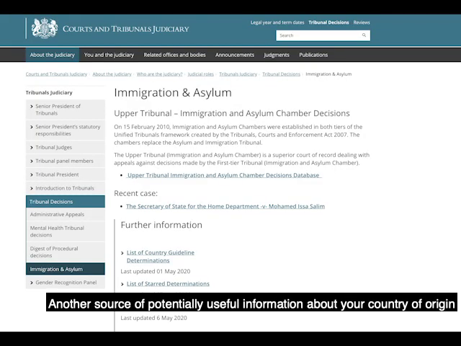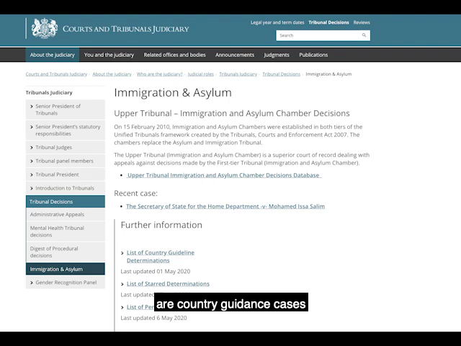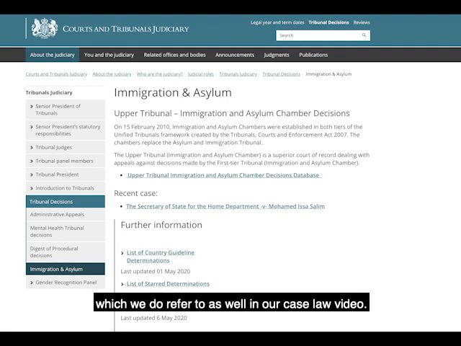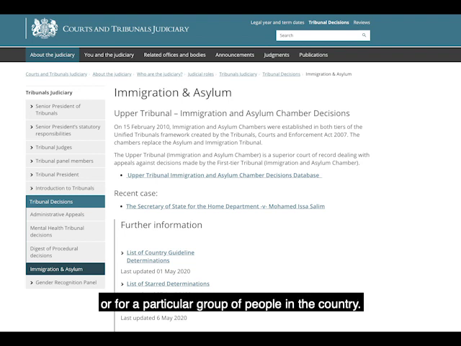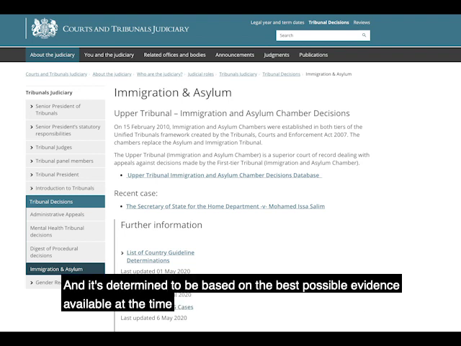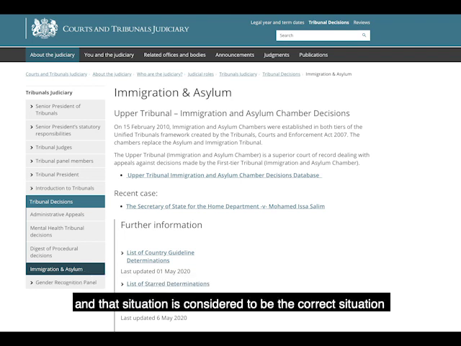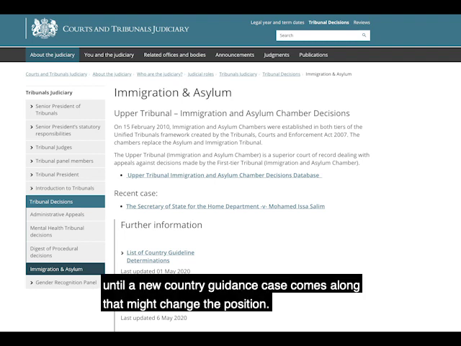legal case. Another source of potentially useful information about your country of origin are country guidance cases, which we do refer to as well in our case law video. Country guidance cases are cases decided in the upper tribunal, the court, which say that this is the situation in this country at the time of this decision, or for a particular group of people in the country, and it's determined to be based on the best possible evidence available at the time, and that situation is considered to be the correct situation until a new country guidance case comes along that